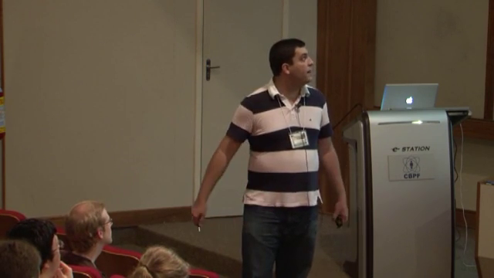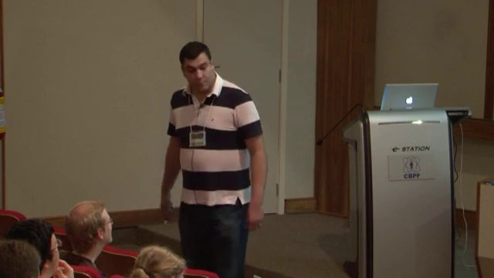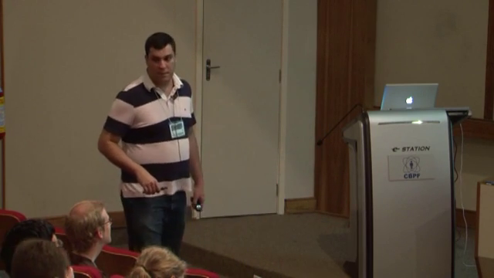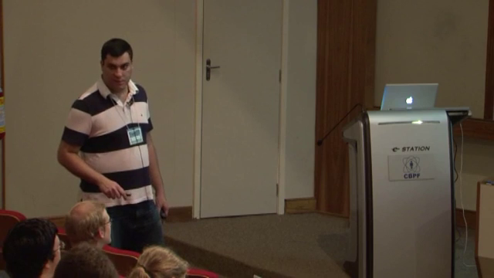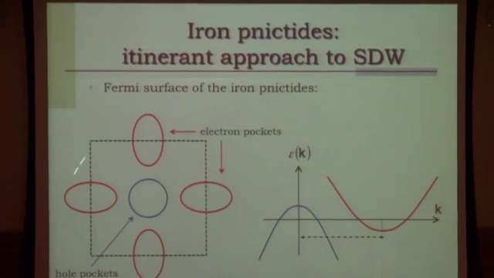Now, we can skip this part. So, how do I understand a metal? Well, I need to look at the Fermi surface. If I look at the Fermi surface, the one that I drew for you over there, I have hole pockets in the center of the Brillouin zone and electron pockets displaced by (pi, 0) and (0, pi). So it's very evident from here that if I take this band, the blue one, invert it because I want a minus sign, and shift it by (pi, 0), I will get something very similar.